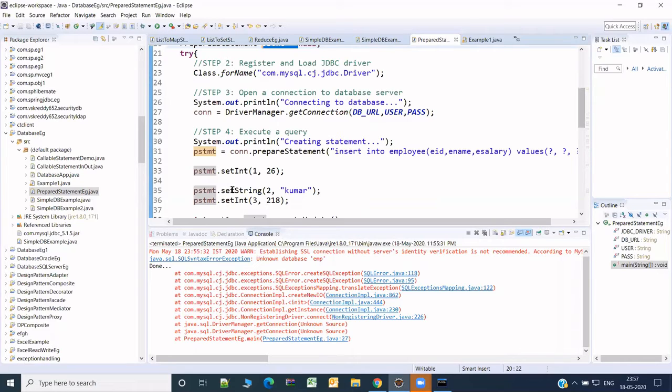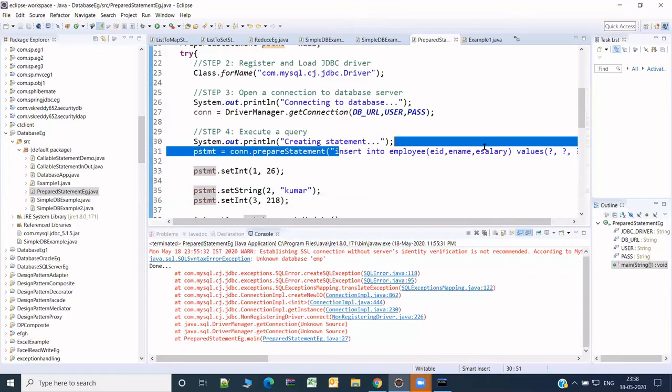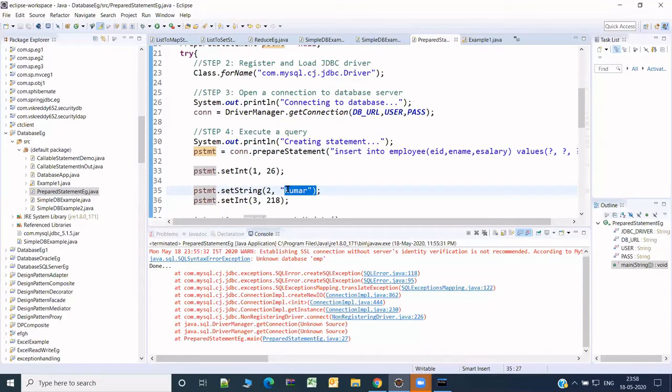See here, whichever value you are setting, you are ensuring that each value you give is individual. So basically, the statement is always fixed, and the values you give are dynamic. So it makes the entire query more secure. In some cases, what happens is along with the data, small snippets of an SQL query are given. But here we have a clear differentiation: this is the query, this is the data. So if there is any small part of a query in the data, exceptions are thrown.